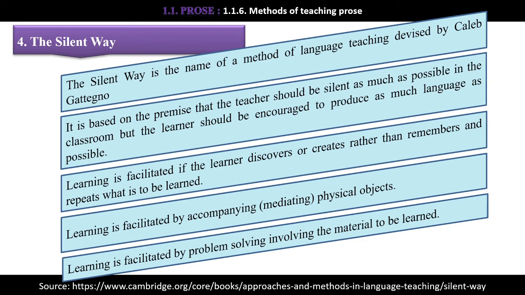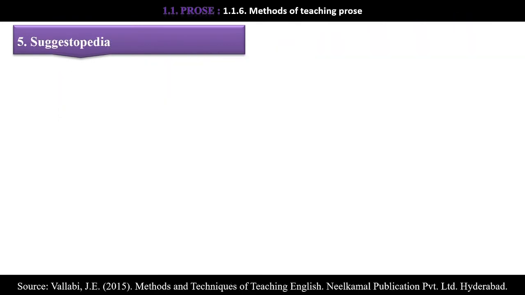So that is the silent method we use to teach prose and poetry. While teaching prose and poetry using this method, we have to become silent. We have to ask the students to read it, to learn it, to discover the language themselves. It means that while we are silent, they are going to learn a new language themselves. So we have to provide such an opportunity for students to produce the language. That is the important method to teach prose and poetry, the silent method.